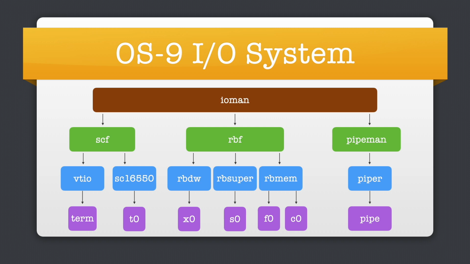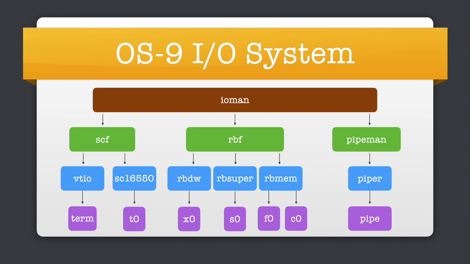Let's look at the modules related to the OS9 I/O system, which is based on the Unix concept of a path. IOMan is the module responsible for providing a common I/O interface to applications that want to read and write data. It establishes entry points such as open, close, read, write, and other operations. It also defines the base data structures and concepts, such as the path, that allow data to flow up and